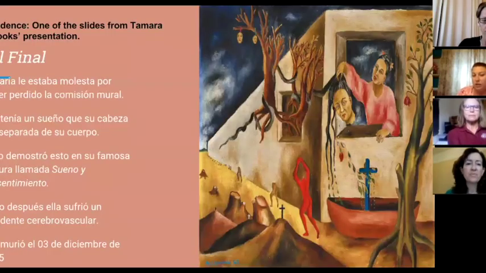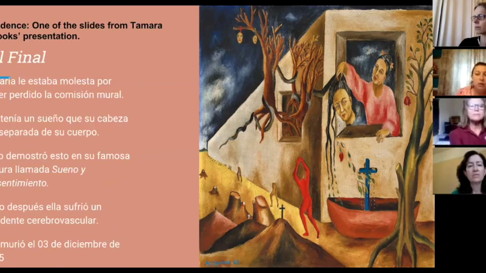The next slide that you will see here is just a Google slide from Tamara's Google Slides show that she prepared. In this one, she chose a mural by Frida Kahlo, but all of the slides were so vivid and so full of color and filled with information.